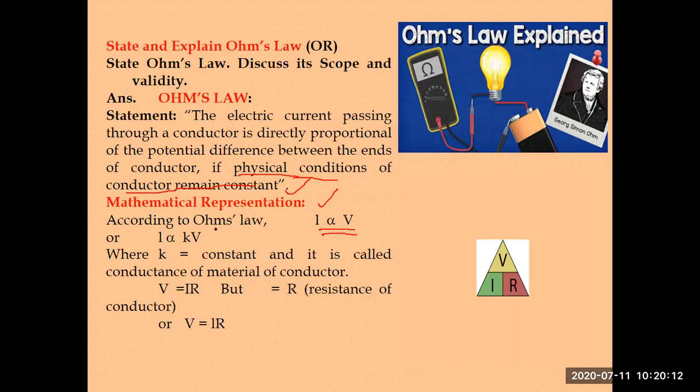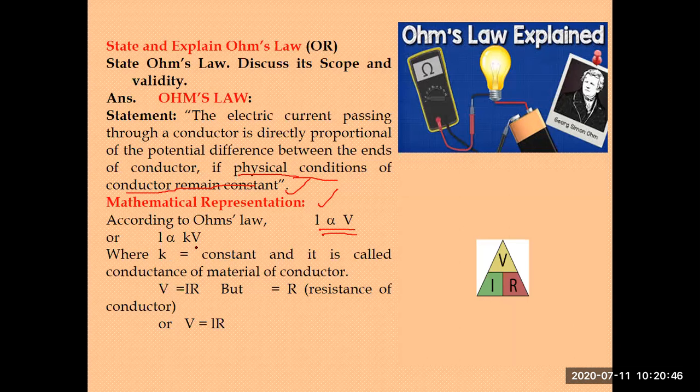So this is the most fundamental and basic law to understand the flow of current through the conductor and the potential across the ends of the conductor while the current is passing. And also we will study the dependence of current on resistance when it is passing through a conductor. When the resistance is more, what will happen? When the resistance is less, what will happen? And what is the concept of resistance in case of the current?